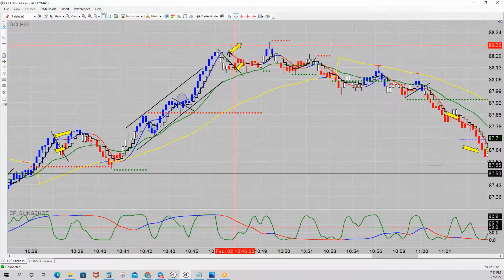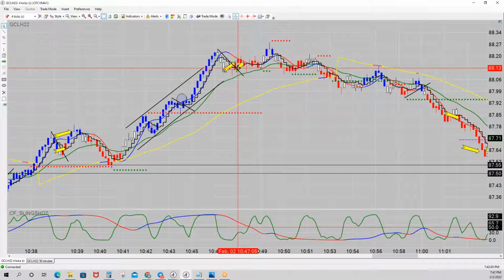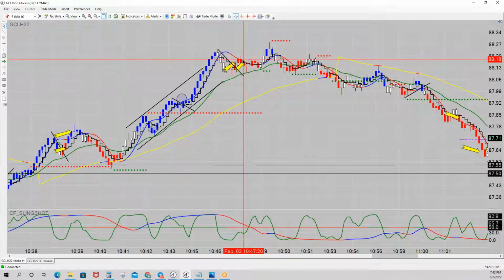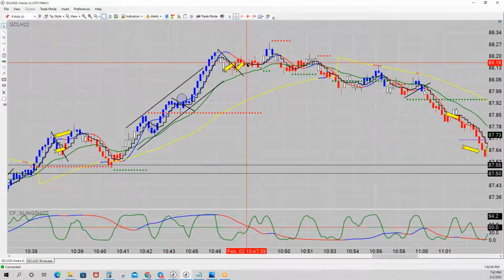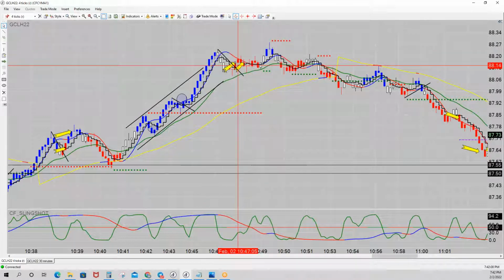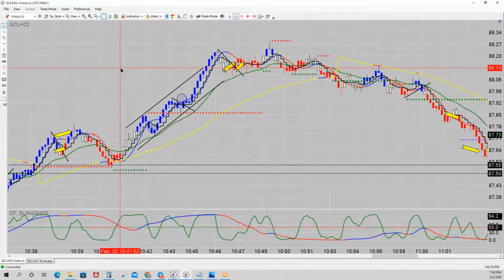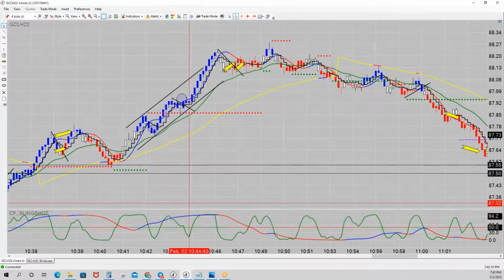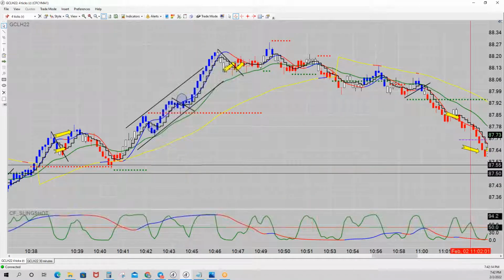And right there was your entry, the close on or above the trend line. And right here, a close on or above the MA1 or 4 ticks in profit. You move the stop to break even. And so I got to break even on that trade. Now, we'll go down here again for a second, and then I'm going to discuss risk management. That's not even on my list, but